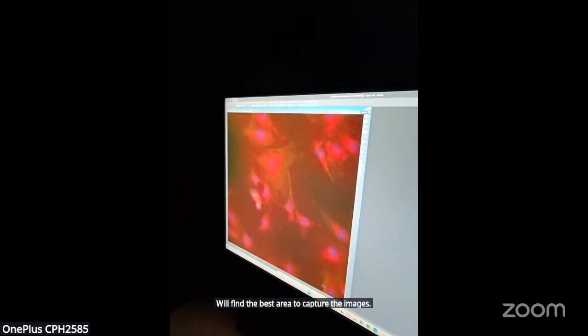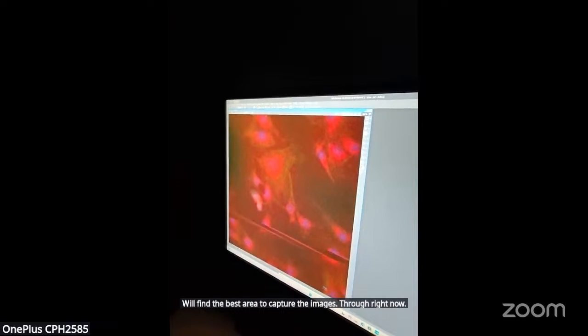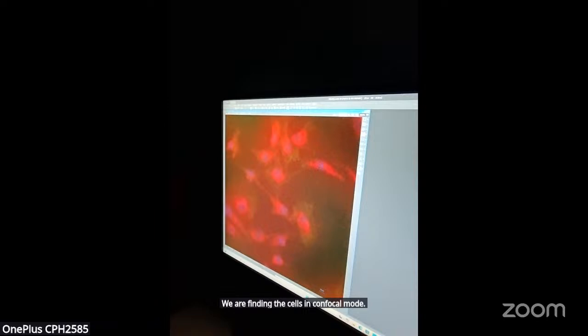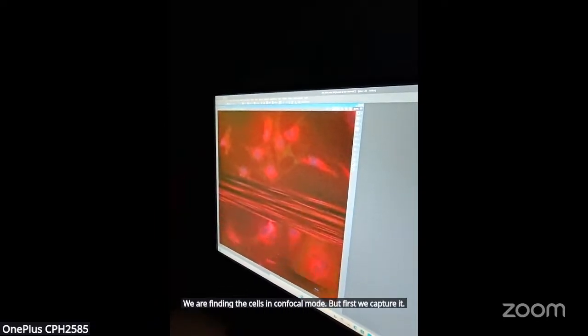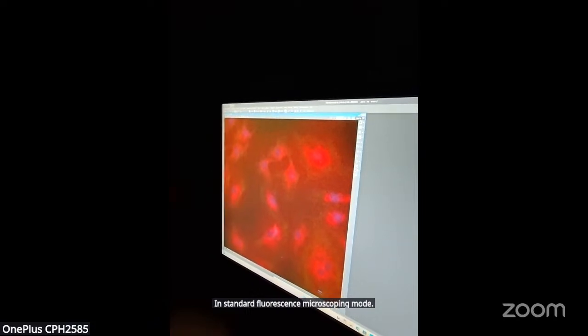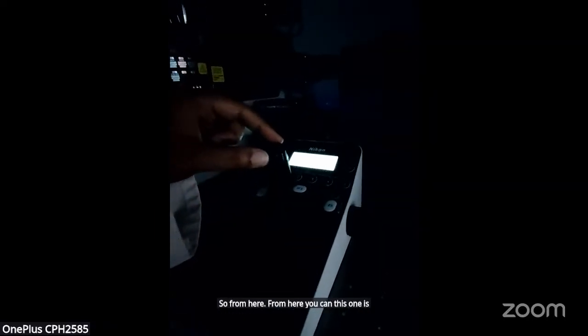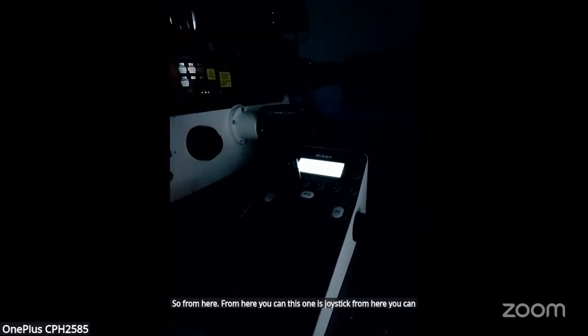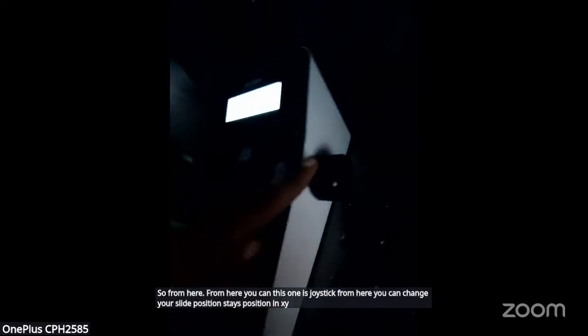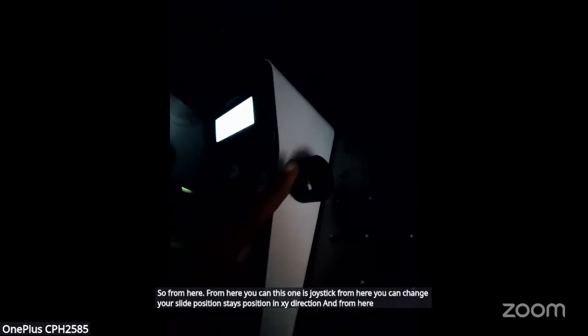So right now, we are finding the cells in confocal mode, but first we'll capture it in standard fluorescence microscopy mode. Okay. This one is joystick. From here you can change your slide position, stage position in XY direction, and from here you can change the Z position.